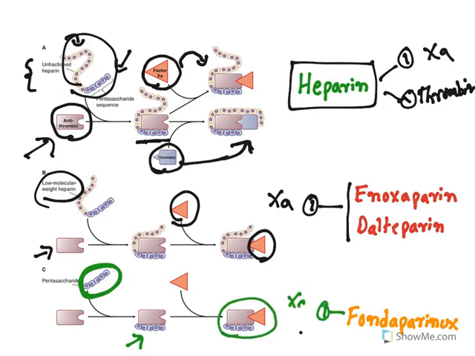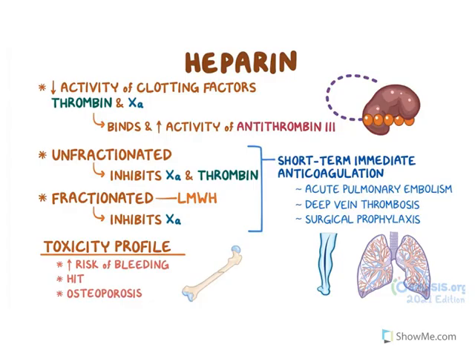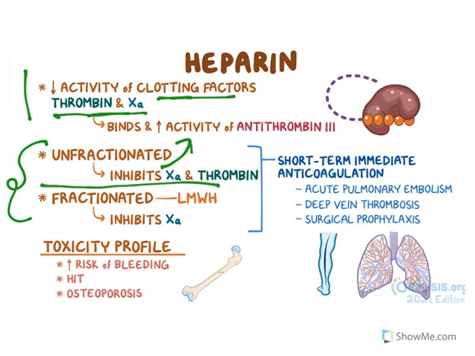The drug is Fondaparinux. So all these agents can be used. So heparin reduces the activity of clotting factors, thrombin and 10A. Both of them are inhibited. Whereas the remaining drugs, the fractionated, low molecular weight drugs, since heparin belongs to the unfractionated class,